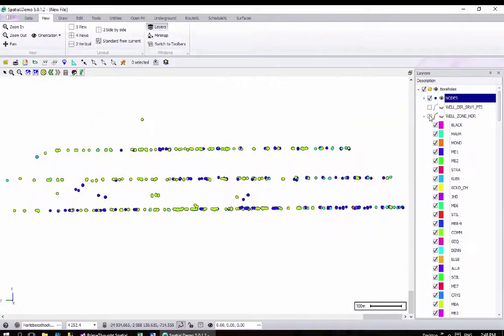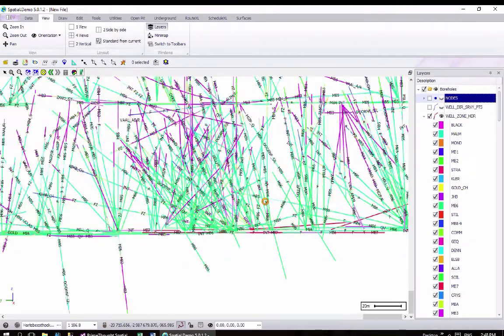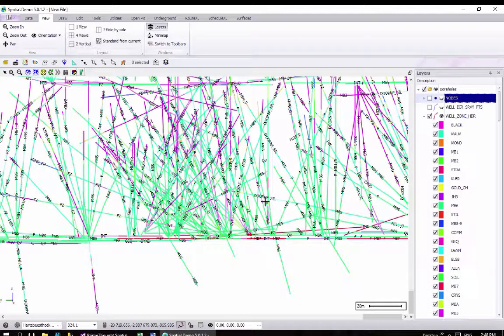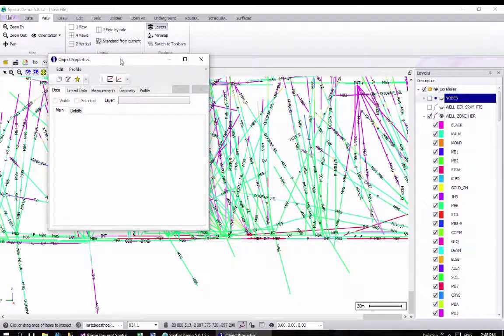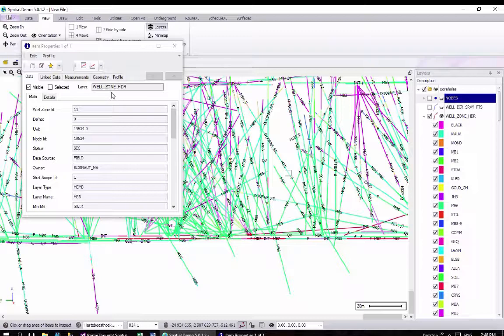If I just want to see our nodes, I can turn off the layer, and there my nodes are. There's my desurvey. I can even turn off the node things if I want to just see the actual geometries, and there we go. If I want to inspect one of these, I can bring up the inspector tool, and drag around this one here, and there we go. It tells me what it is. There's its data,